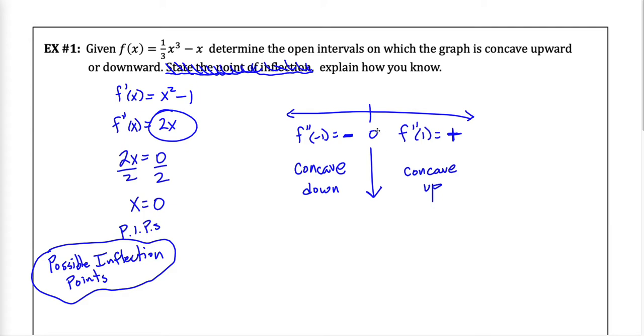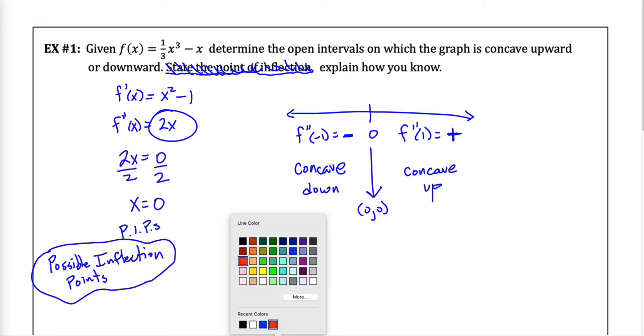So then we're going to look at this. First thing we're going to do is find out if it's a point, which it is. So if I plug 0 in the original function, I get 0, 0. So it is a point. Ooh, that kind of looks like a little face emoji. That was a pretty good drawing on my part. It's a point, and it changes concavity before and after. It doesn't matter if it goes from negative to positive or positive to negative. Because it changes concavity,